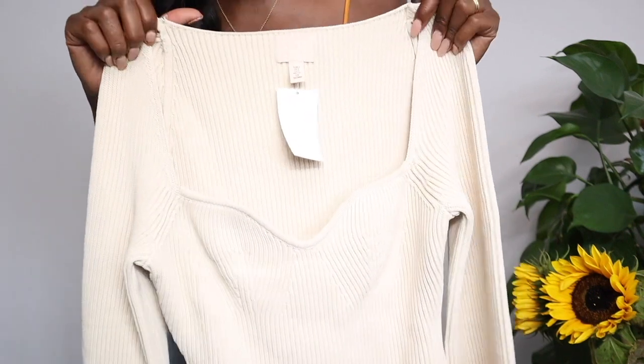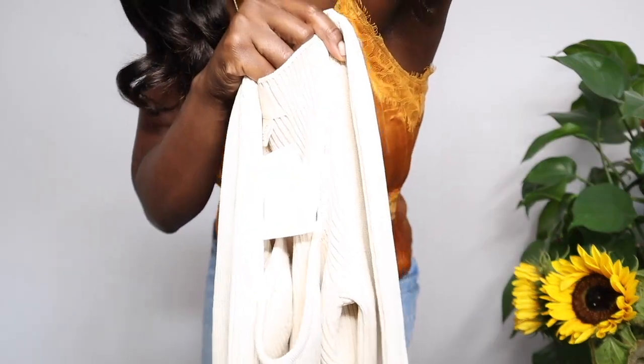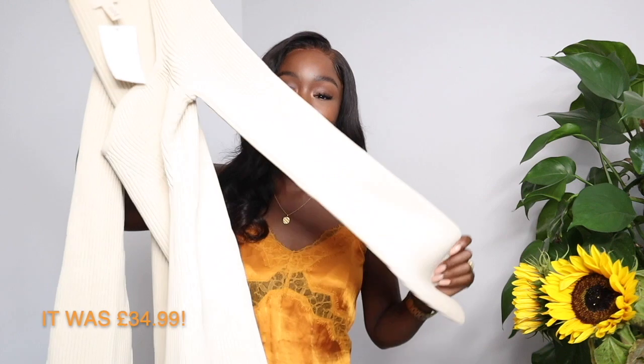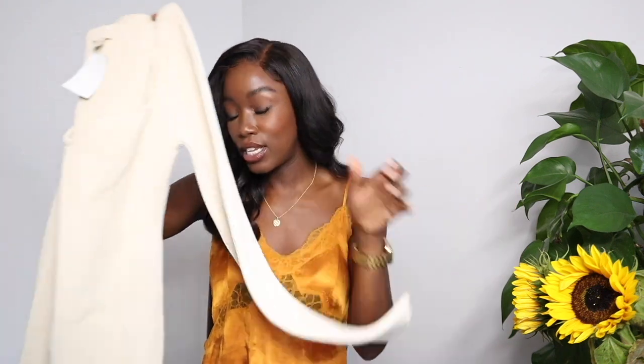This is a dupe of the Cape top and also the Pixie Market top. So I want to say the Cape top's like £900 or something ridiculous. And I think the Pixie Market one's over £100. Price isn't on here, but I'm pretty sure this was £29.99. It is just gorgeous, and it's got this really long sleeve that is slightly wider, so I will try that